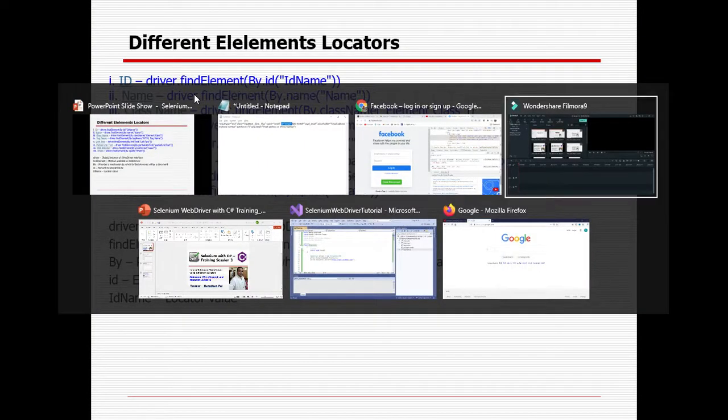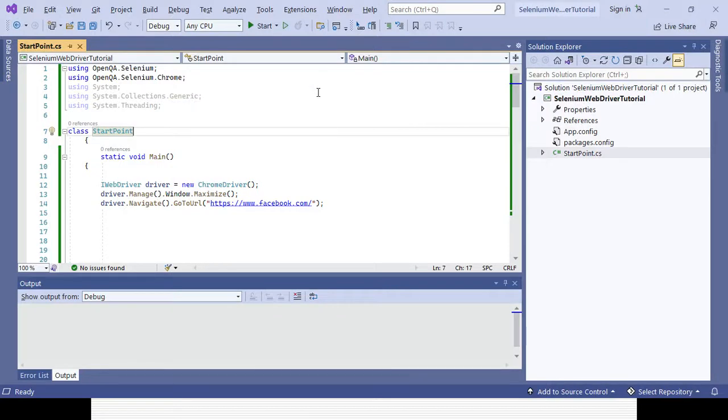So these two we will try to cover. If you have already opened Visual Studio, in the last class I already created a new project, the Selenium WebDriver tutorial, and in the same project I will explain so that it will be very easy. You know that you first need to install Visual Studio. After the installation is done, you need to restart your computer, then open Visual Studio and create a project. Once the project is created successfully, you need to add the references for Selenium WebDriver and the Chrome driver, right?